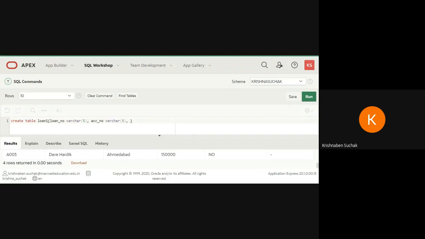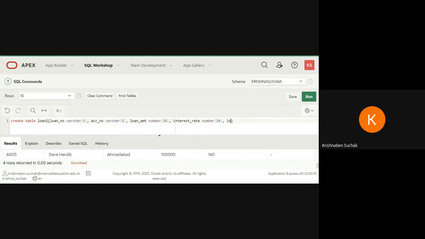Then loan amount, data type is number, size 10. Then interest rate, again number, size 10.